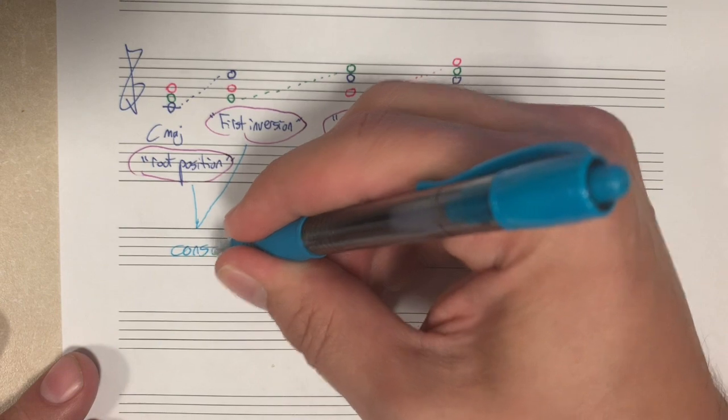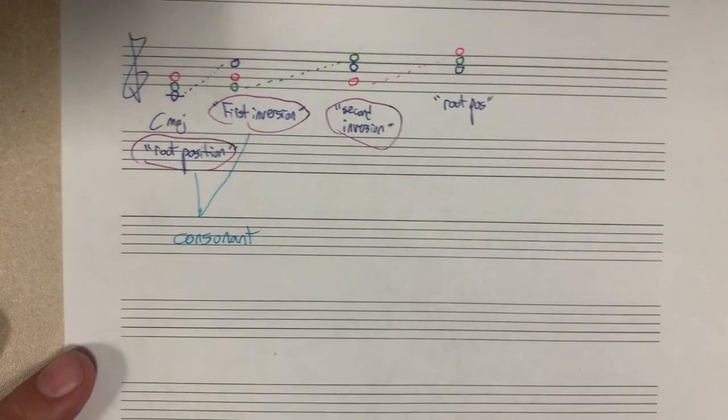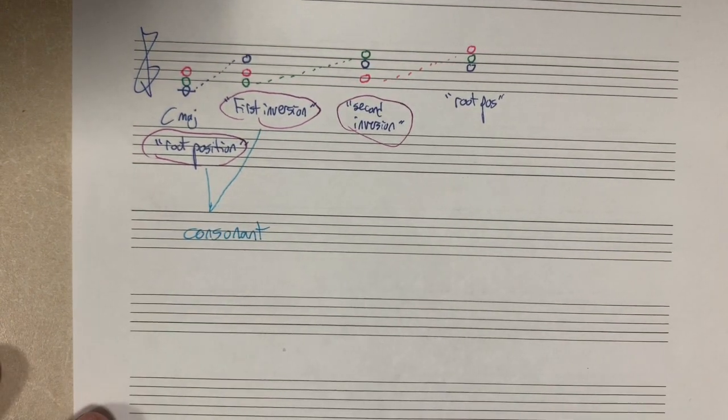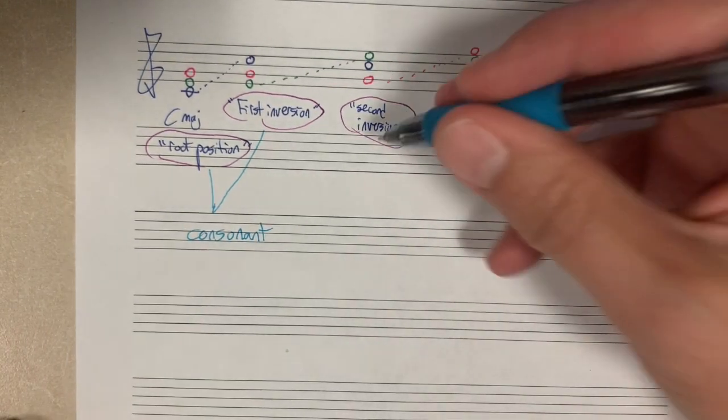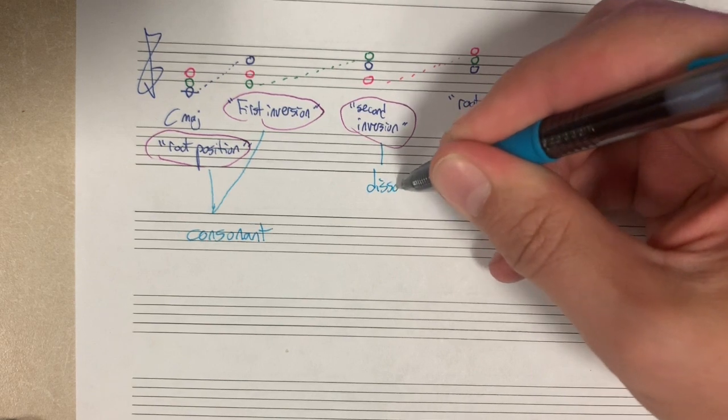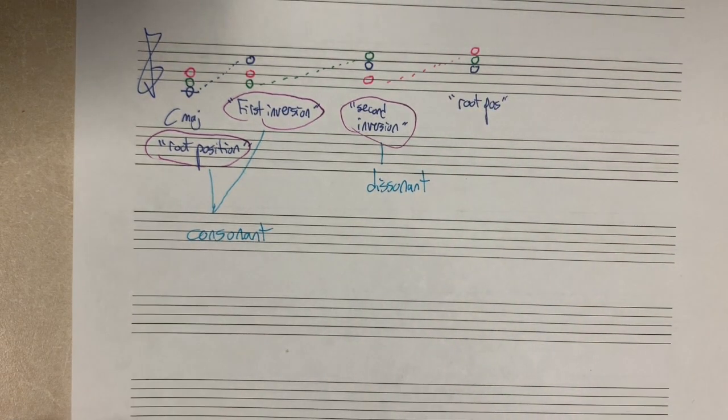You can just have a root position chord hang out and it doesn't have to do anything. That means it's consonant. Remember, in music theory, consonance and dissonance has to do with whether something has to resolve, whether something has to move somewhere,